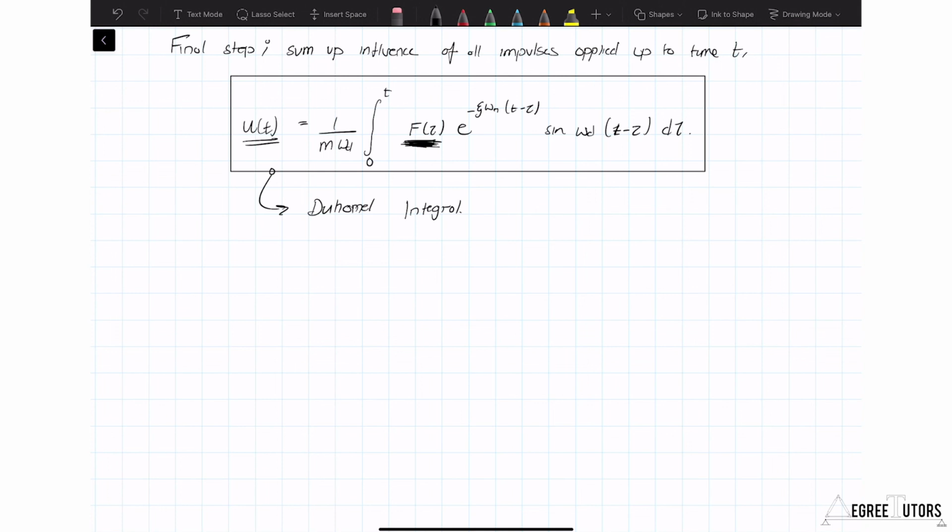Now, the last thing to say here before we wrap this up is that this relies on superposition. This whole Duhamel integral, we're relying on superimposing single degree of freedom, damped vibration responses. You'll have come across the concept of superposition many times in the past, and the caveat that always accompanies superposition is that you're relying on linear behavior. Your structural behavior has to be linear. Now, one particular limitation that applies in the context of human-induced vibration is that we cannot model any kind of human structure interaction or feedback if we're relying on a Duhamel integral approach that relies itself on superposition, because that would be a non-linear behavior